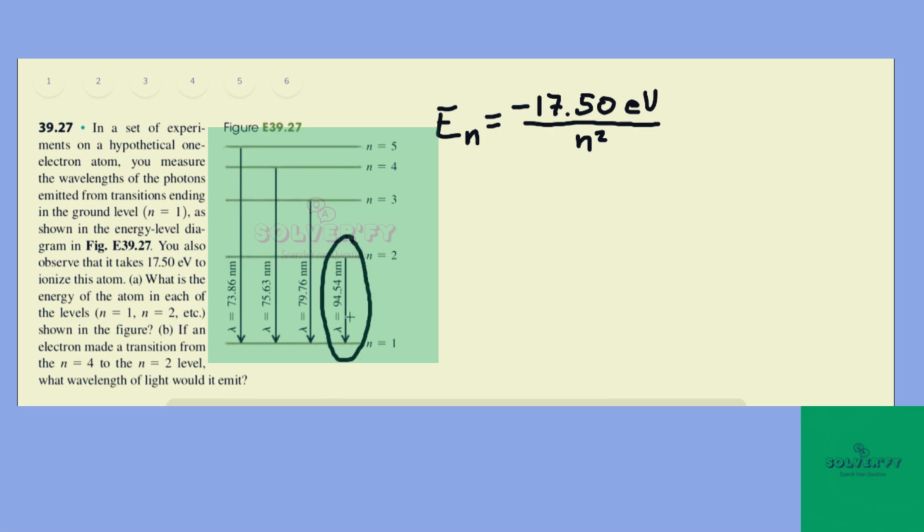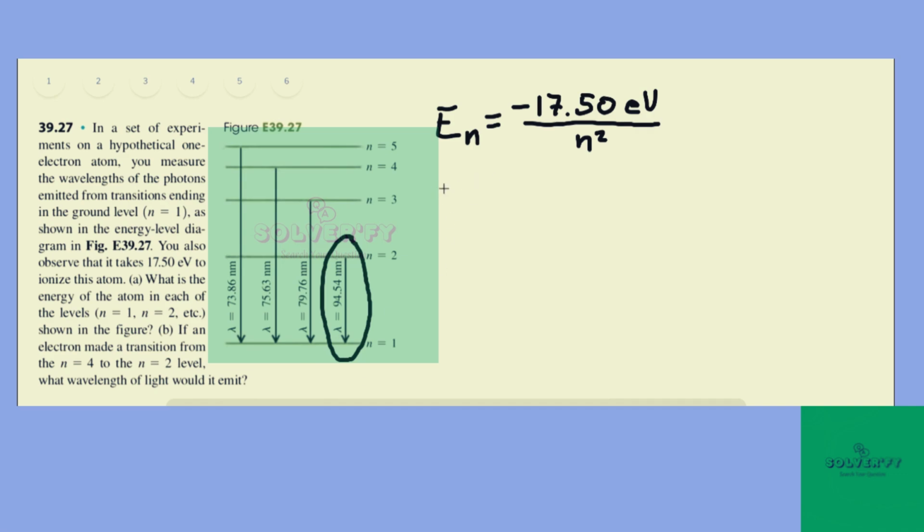And we're told that the wavelength that's emitted for this transition is 94.54 nanometers. So we can actually try to calculate the wavelength by ourselves using this equation and make sure that we get this correct 94.54 nanometers. So to do that, we recall that